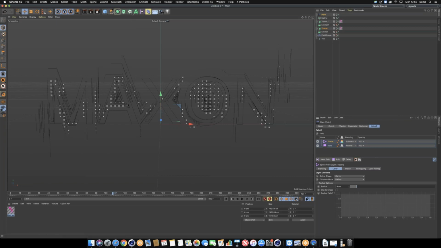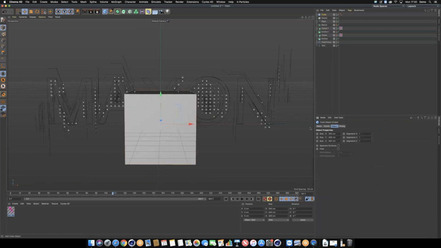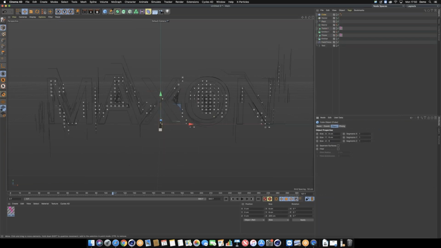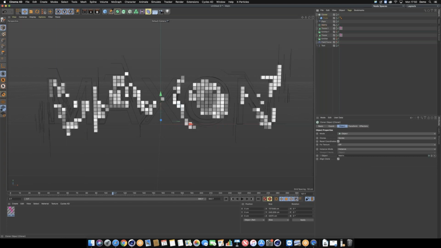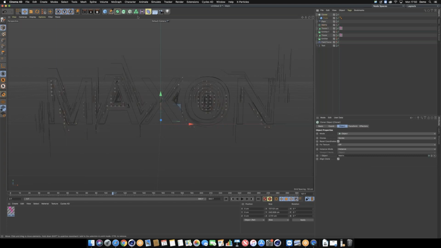But what we can do, we can grab a cloner and a cube. And let me just do this 8 by 8 by 8. Do a little fillet on here. Drop my cube into my cloner. If we set our cloner to object mode and then drop our matrix in here, hide our matrix, and now